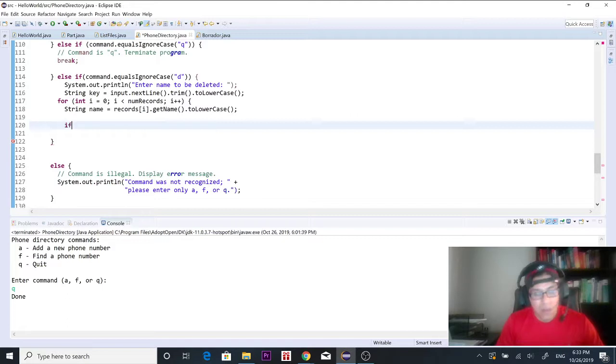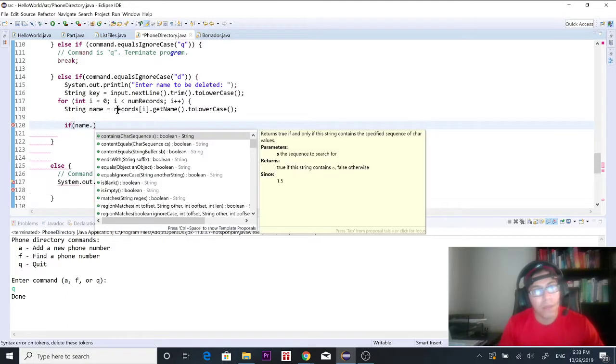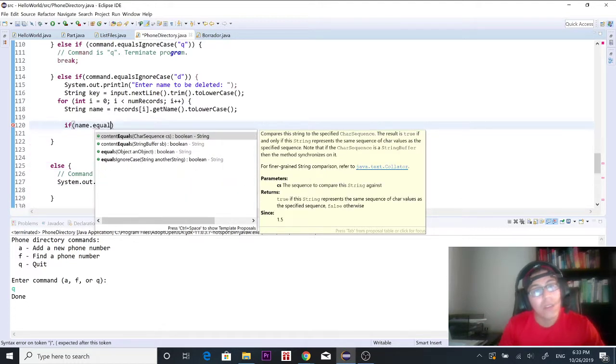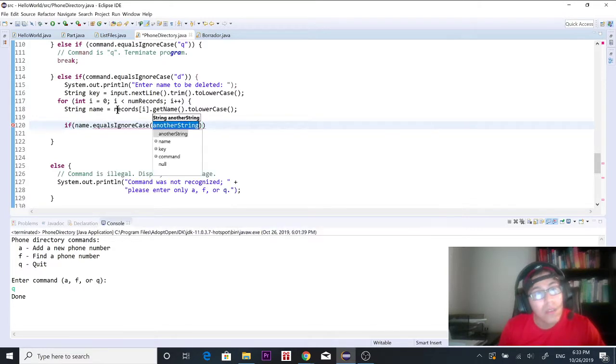It should work over here. If name equals, it has to be equalsIgnoreCase to key,